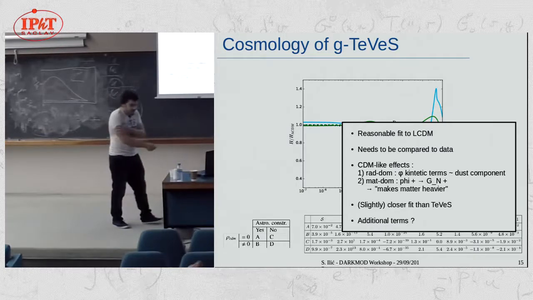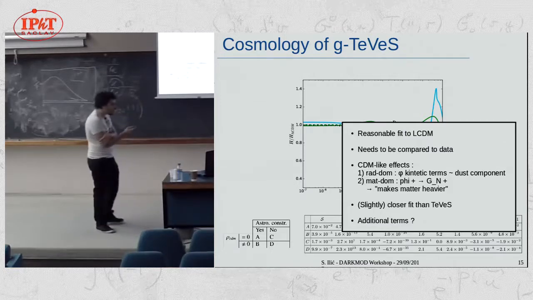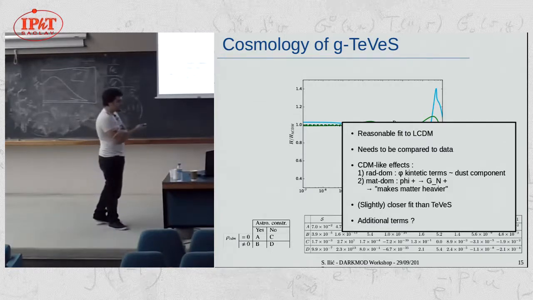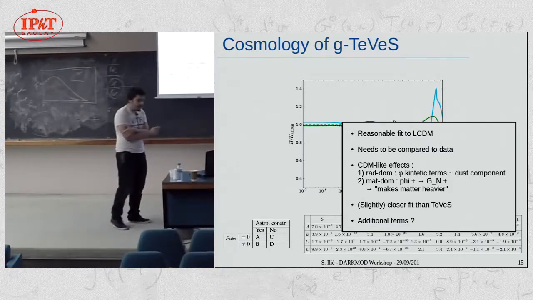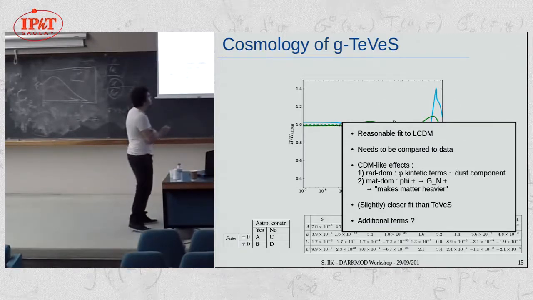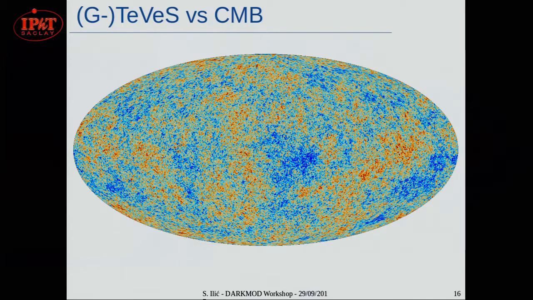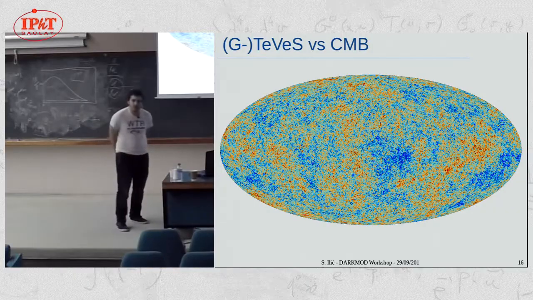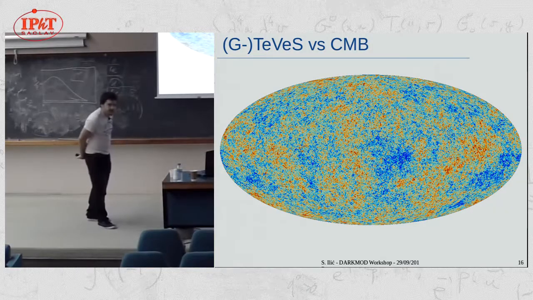Again, without going too much into detail, we can think of additional terms to add in the Lagrangian, but it still seems tricky to add them consistently in the action at this moment. So I won't go too much into detail. So this is nice, and it's an encouraging first step, but so far in my talk, you've noticed that I've conveniently ignored a major hint of the existence of dark matter.